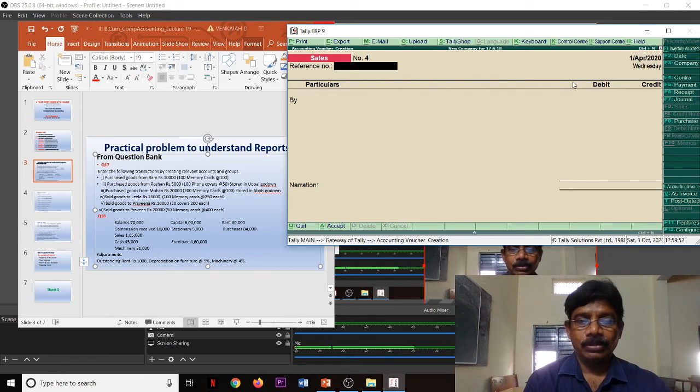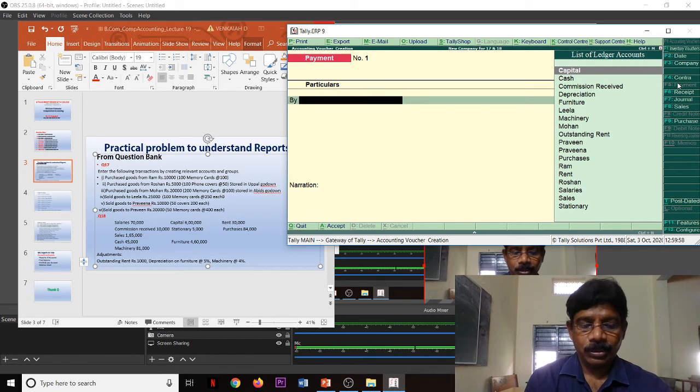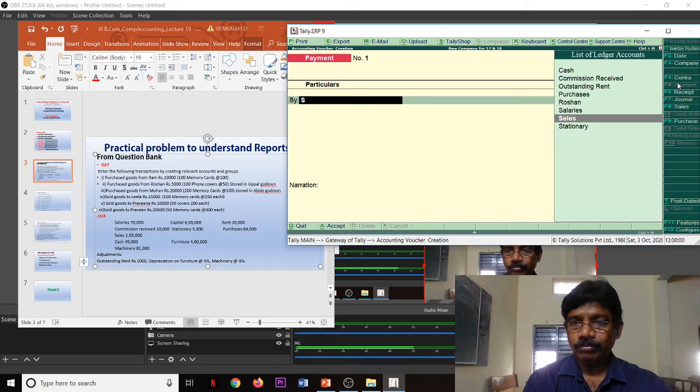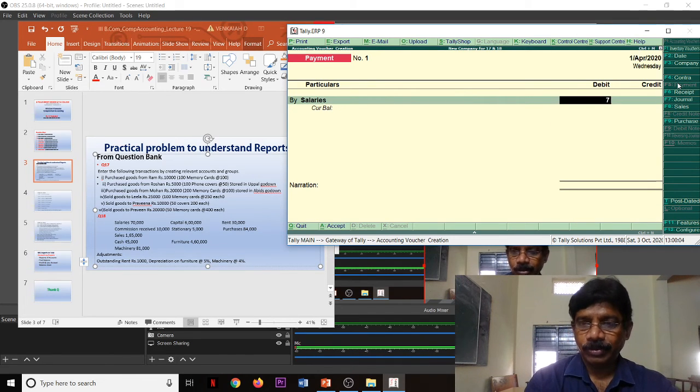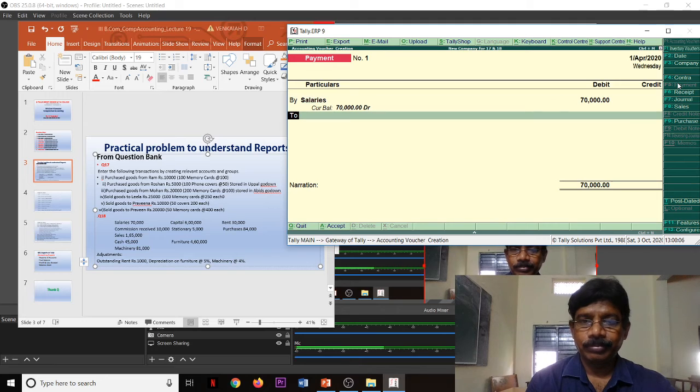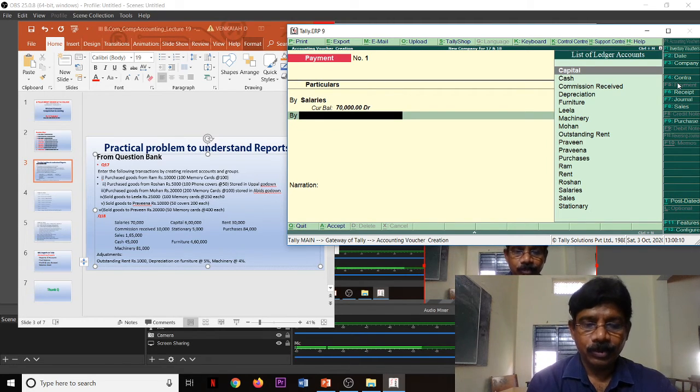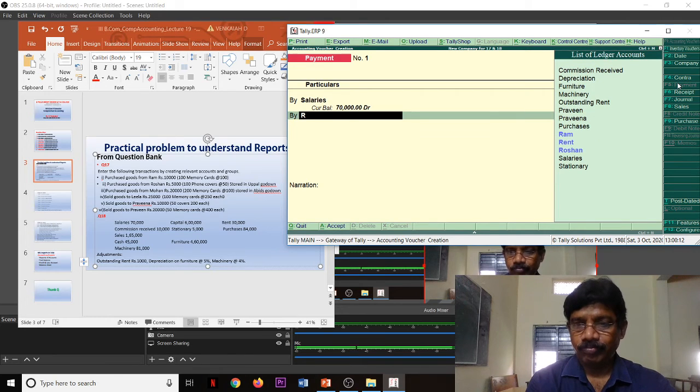Then salaries payment. Payment voucher is F5. Salaries account data. Salaries amount is 70,000. Then all I can pass at a time. Rent account data.